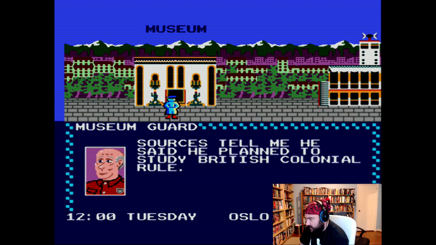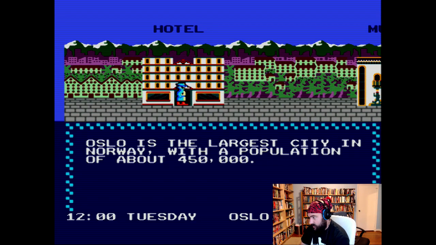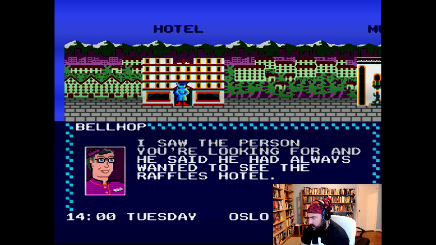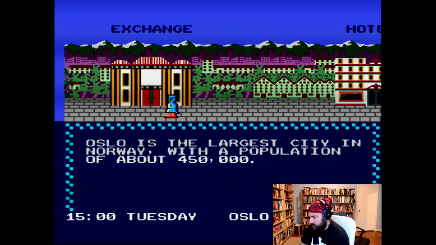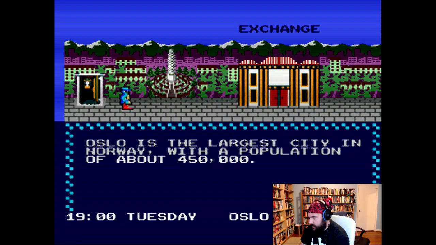Source tells me he said he planned to study British colonial rule. Okay, so we're going to a place that was a British colony, which is a lot of places. Saw the person you're looking for, and he said he had always wanted to see Raphael's motel or hotel. Source tells me he said he was a lumber buyer. So